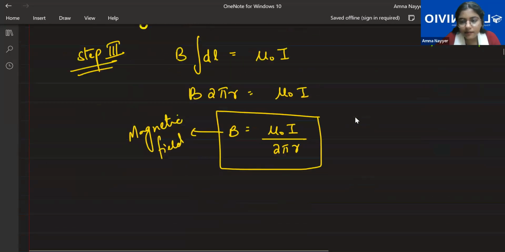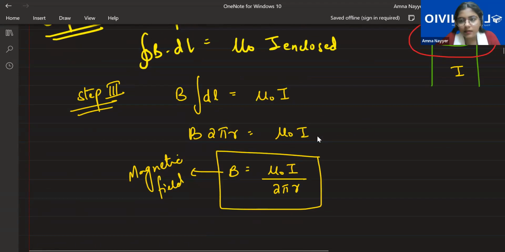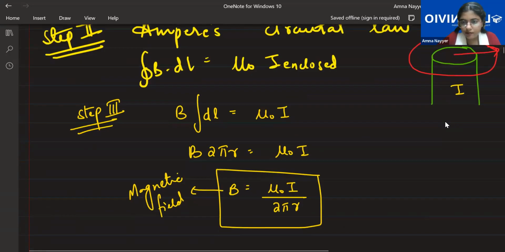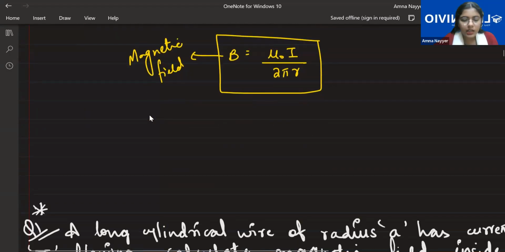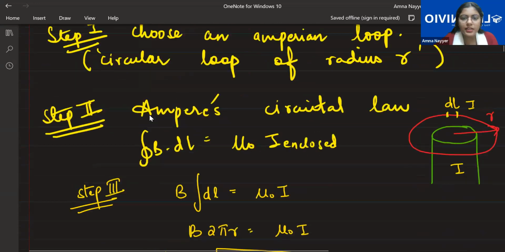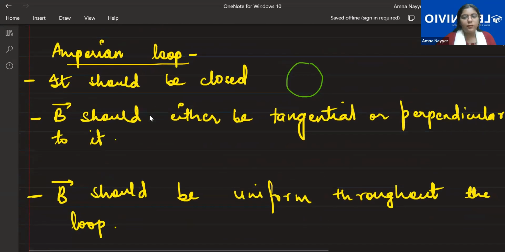Ma'am, can you explain again the case? Which case? Ma'am, like we have to calculate for just this surface. Just the surface. Yes. Okay, you just take the cross-sectional surface. It will give the magnetic field throughout. That's why this law is very helpful. You just use the surface. You don't have to solve it for the entire wire throughout its length. Okay. Yes. We'll discuss this. This is a very important question. Write this, Raneem. Then we'll discuss that question.